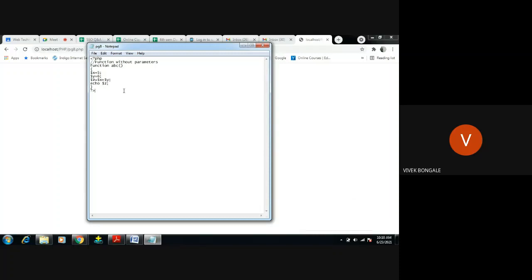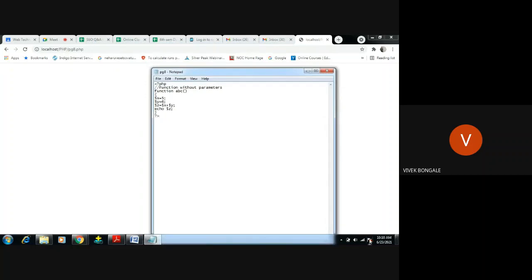But we are not getting any result in the browser, and also we are not getting any error. If there were an error, it would display a parse error with something like a line number. But there is no error, because we have created the function but have not called this function to display in the browser.